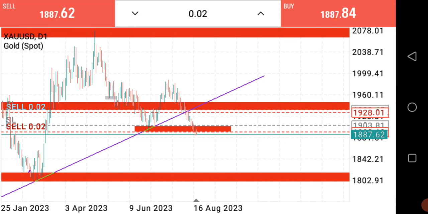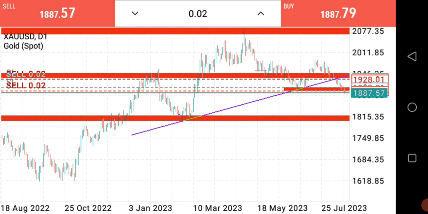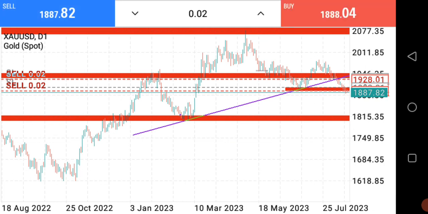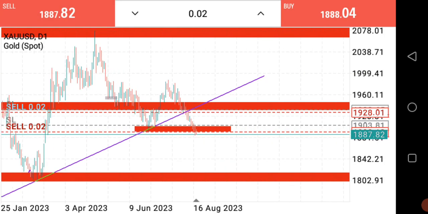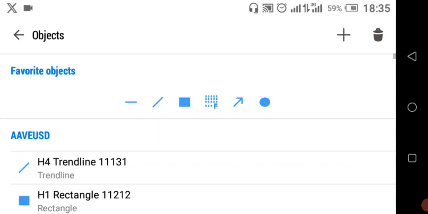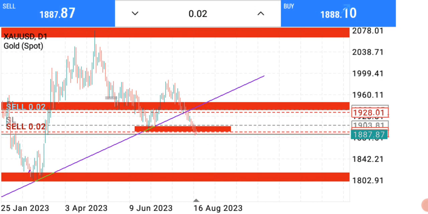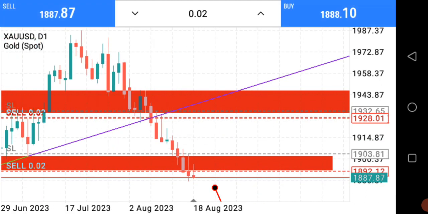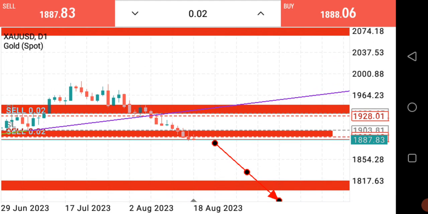I only trade when I see that the market positions itself at a certain level of opportunity. So with this gold now, I'll be able to make more than 800 pips, and I have more than 10 positions running presently on this gold. And if you look at it now, you can see that this trade is going to sell. So if you are scalping gold, you'll be losing money, and that's how